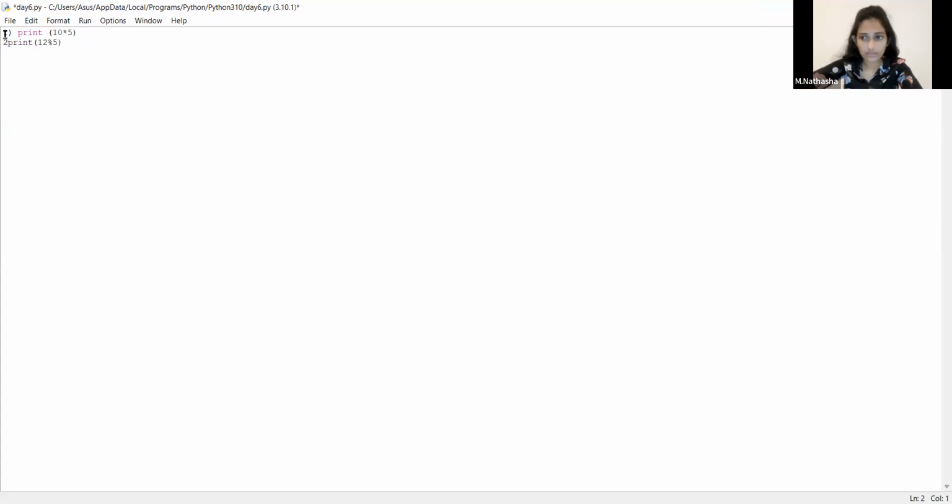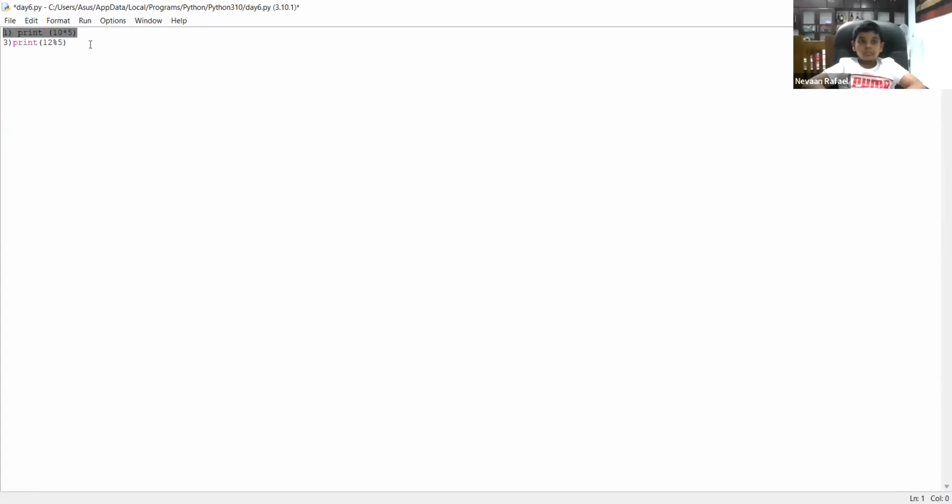Should we erase that print with the modulus symbol? Why erase? Because you are doing a multiplication. No, this is for the third one's answer. But I told you I was doing the first one's answer, teacher. The first one is this one, print. Oh yeah, okay.